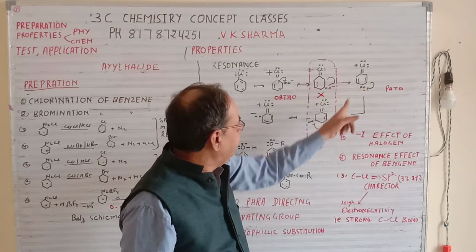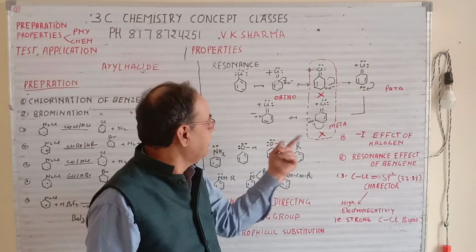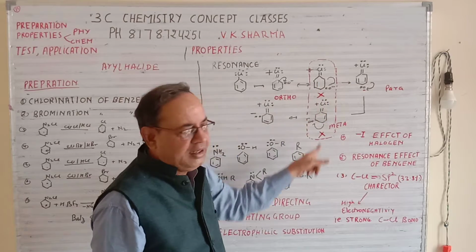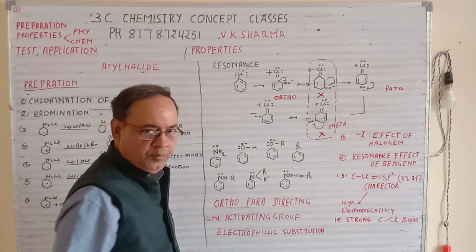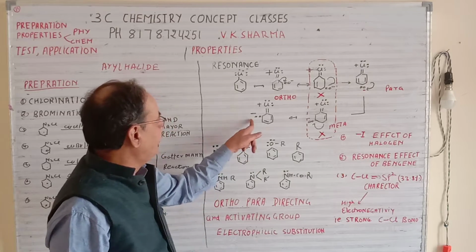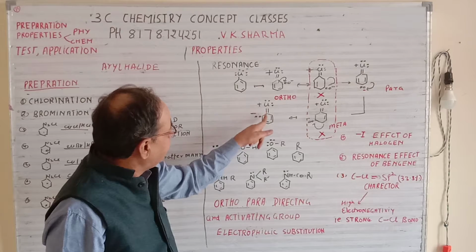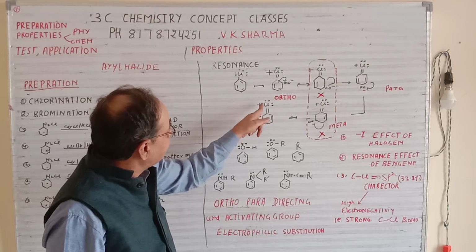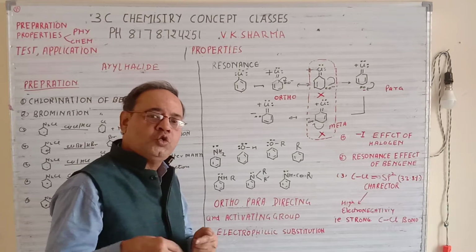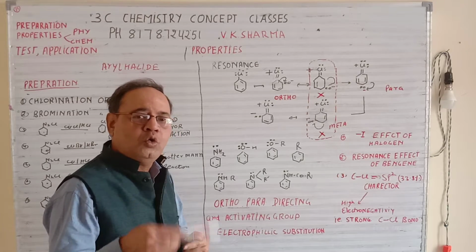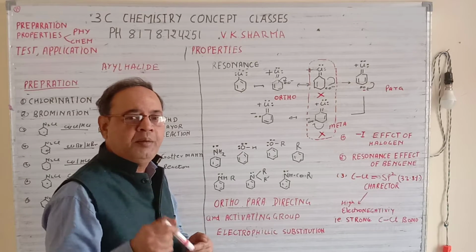Now this will move again to a position which is similar to this, but on the other side. This will be negative, so it won't exist. Again this electron will transfer to this position, so again it will come to a negative position. Again an electrophilic substitution reaction can take place here. So this will again go, it will become a single bond like this, and again this electron will go there. This process will continue like that, on and on until the reactant is not there and it forms a compound and becomes stable.